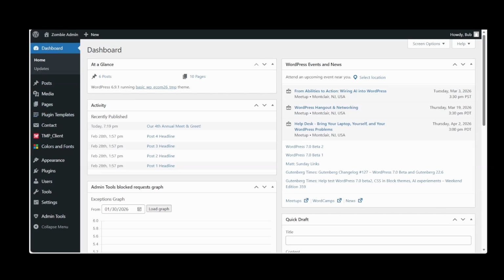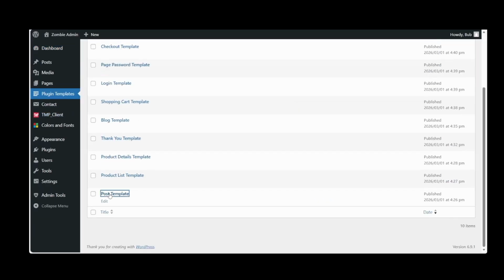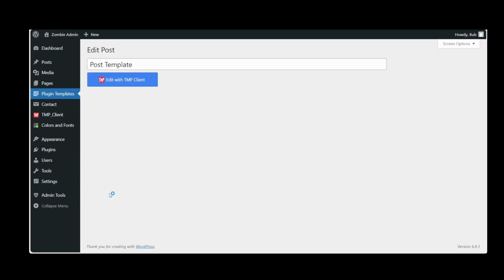So let's go to dashboard. We're in dashboard. Let's go back to plugin templates. We're going to go back to post. Let's go edit. And let's delete.